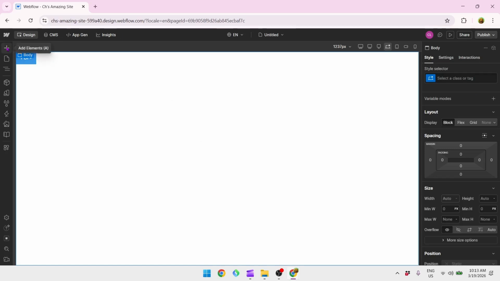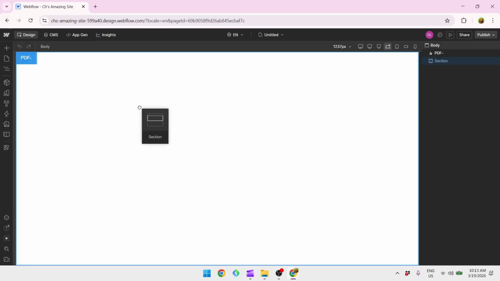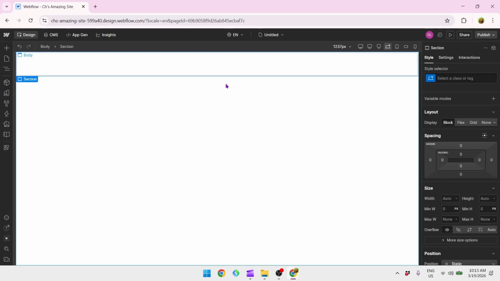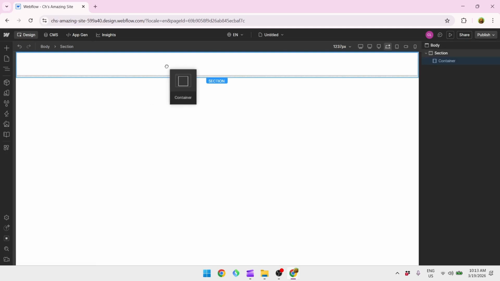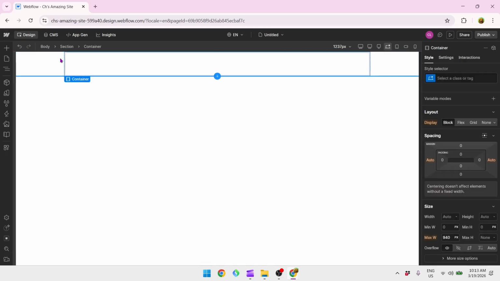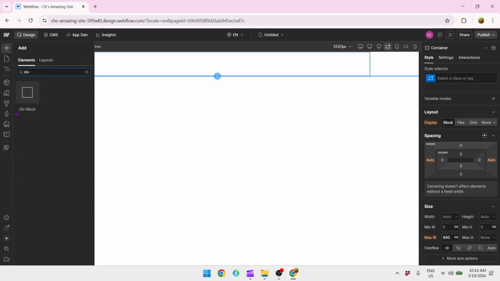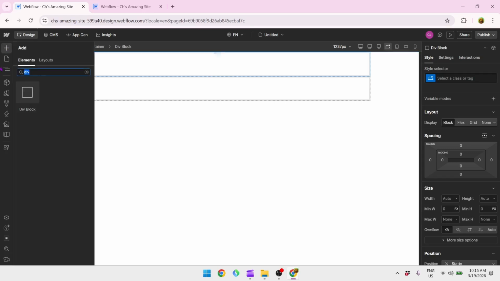Then in the left panel, click on the Add button and start by adding a section block. So simply drag it to your page. Then inside it, drop in a container block. Then inside it, create or add a div block for each FAQ item. Now inside each div, add two elements such as the text block